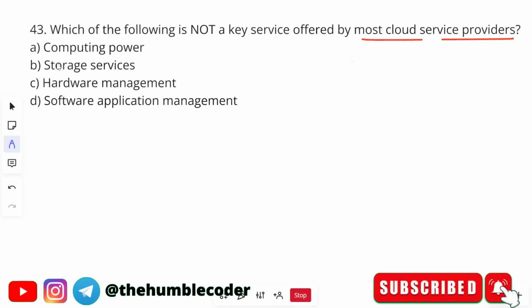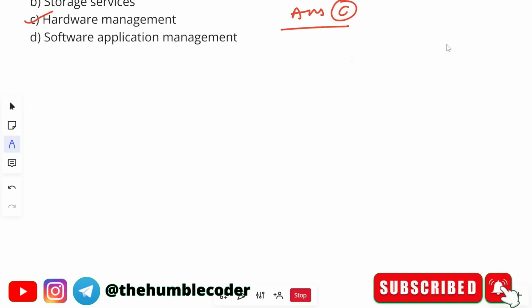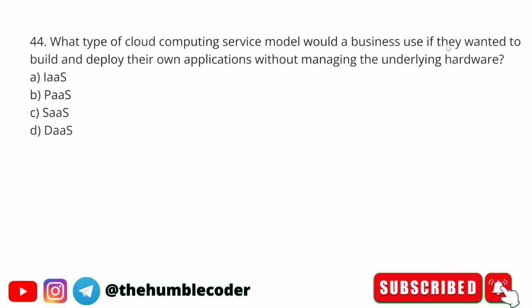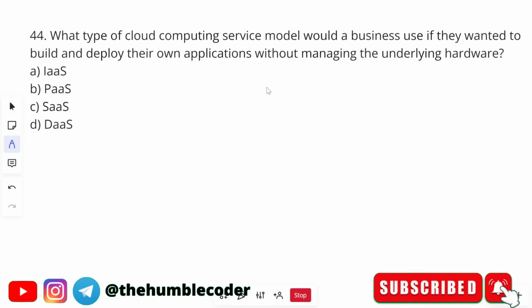Options are A, computing power, option B is storage service, option C is hardware management, and option D is software application management. The correct answer is option C, that is hardware management is not a service that is offered by most cloud service providers. Okay, next is this question, which is what type of cloud computing service model would a